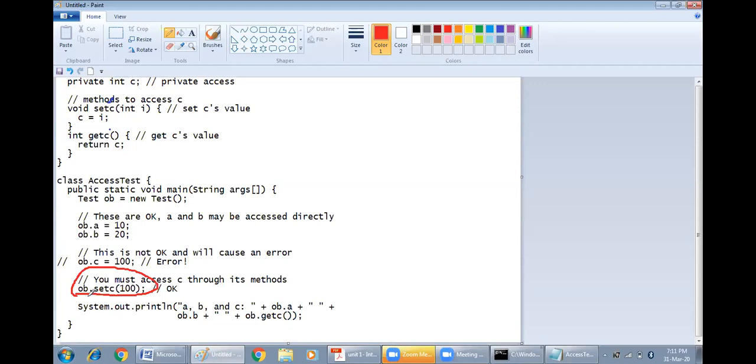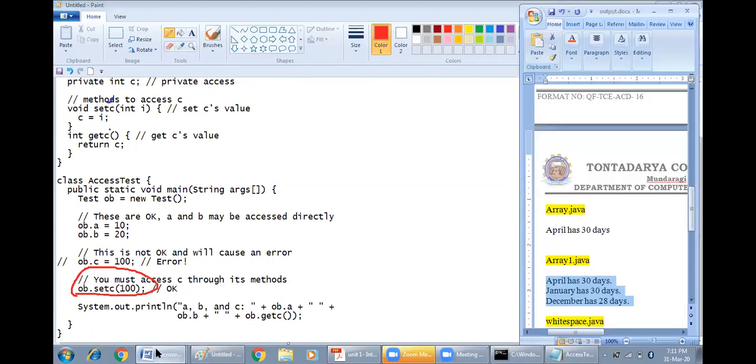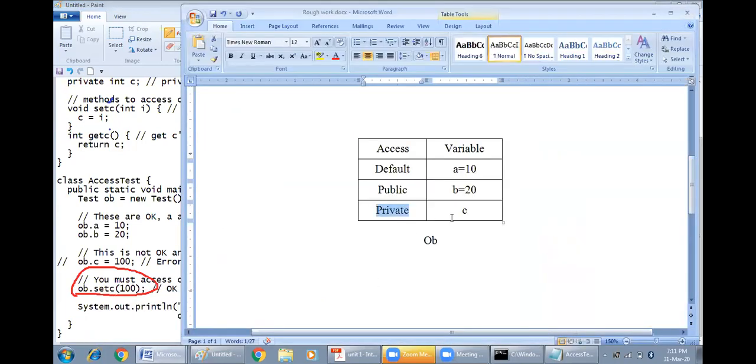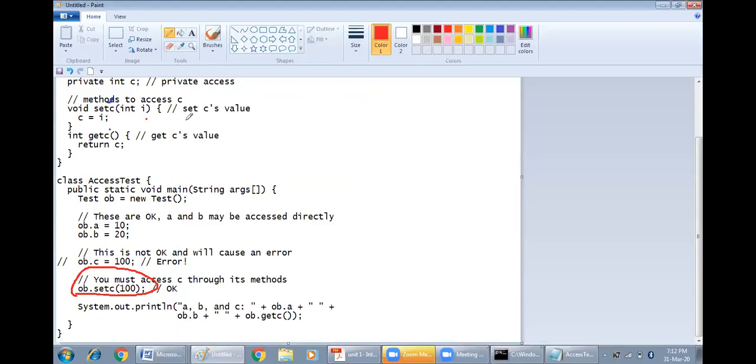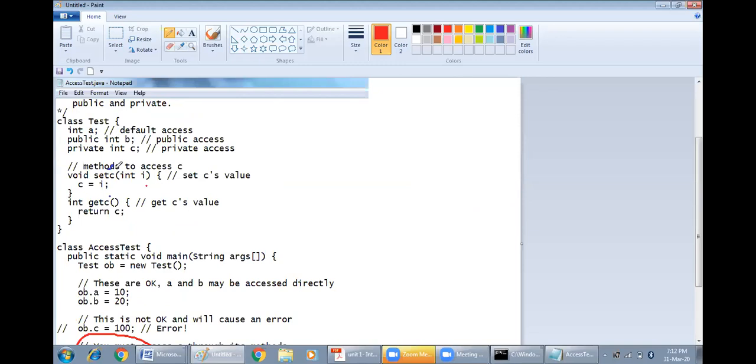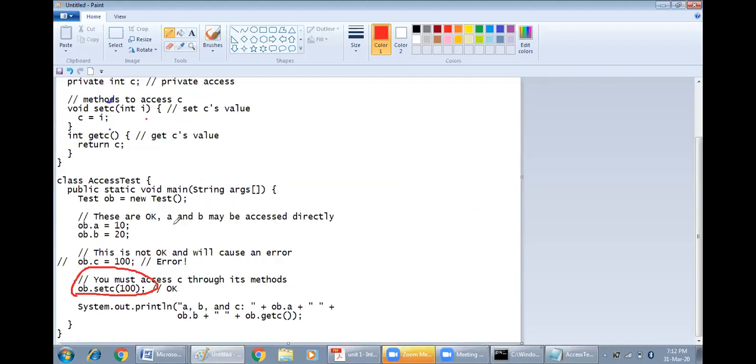Onto the OB object, I am invoking the method called setC. I cannot directly assign to C like how we assign for A and B. If you want to assign some value to C, you should make use of the member function.